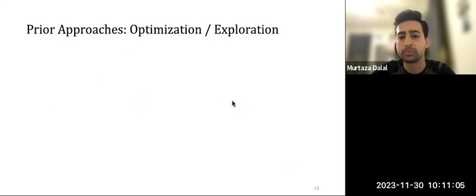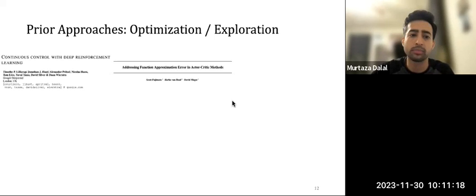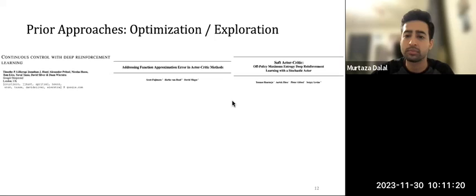So what can we do? Well, a lot of the prior work in the RL community, at least, has been to improve the RL algorithm itself so that you can do more efficient continuous control. Initially, there was DDPG, then there was TD3, and there was SAC, and far more modern algorithms that exist today.